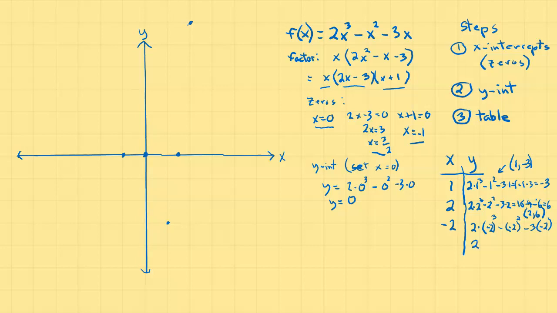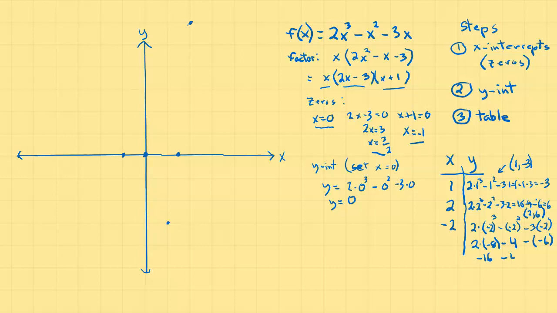So that's 2 times, now (-2) cubed, that's -2 times -2 times -2, which is -8. Minus, and then we have (-2) squared, which is 4. And then here we have minus, now 3 times -2 is -6. Okay, so now we're going to simplify a little bit more. So this is 2 times -8 is -16